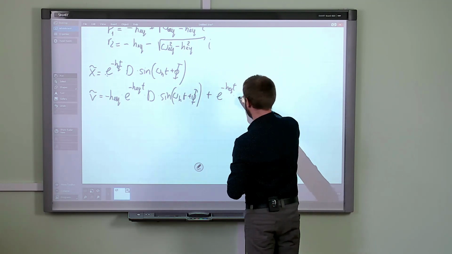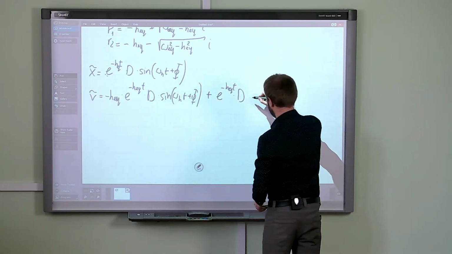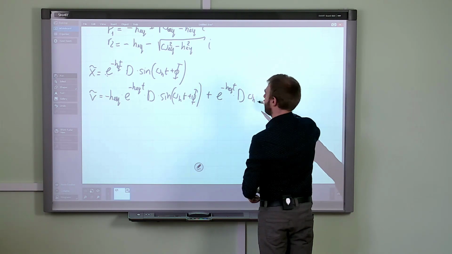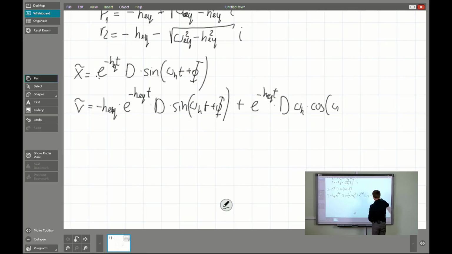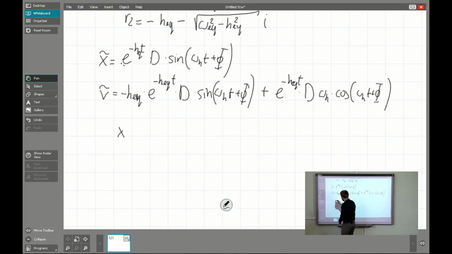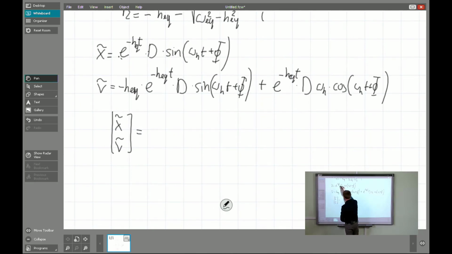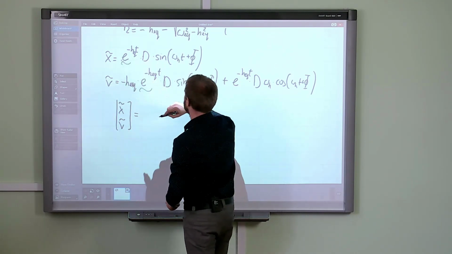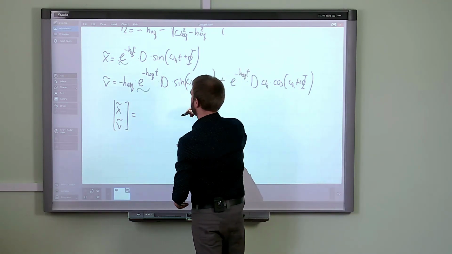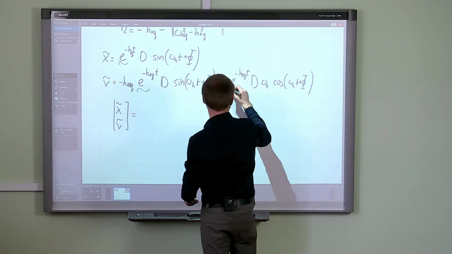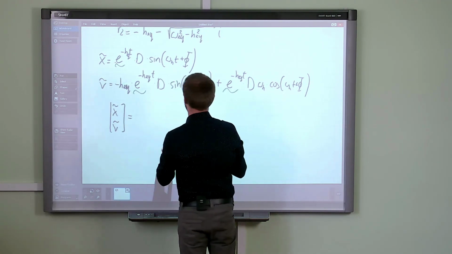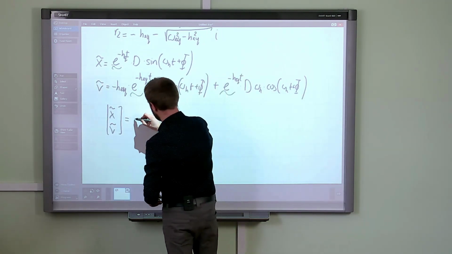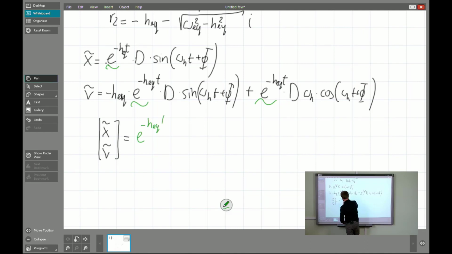Equivalent h times t times d, and we have to compute that thing. It will be omega h times cosine of omega h t plus phi. Okay, and we see that again we're able to express the phase portrait as such a thing. It will be the constant factor in the form of the exponent of minus equivalent h t, because it's a common factor of every single expression, minus a equivalent h t